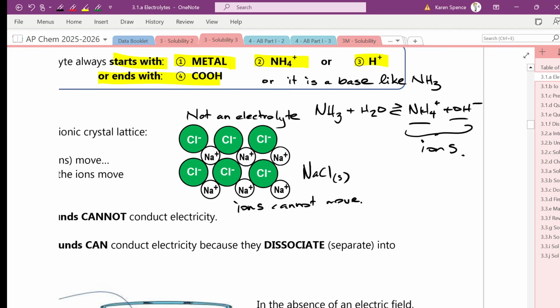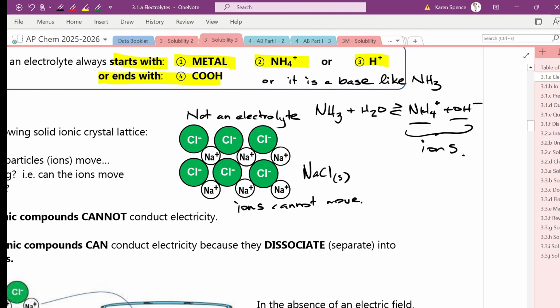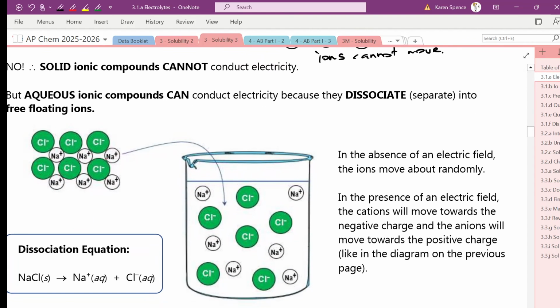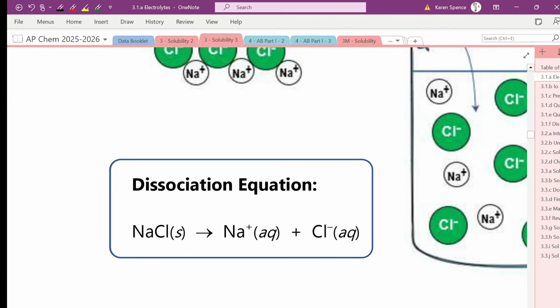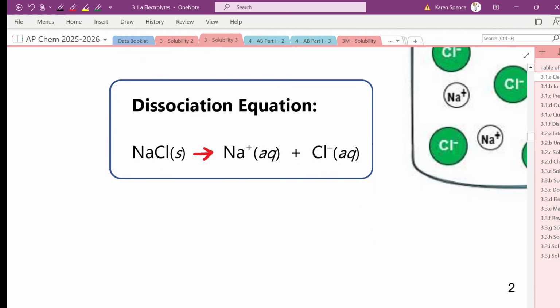Are you familiar with how to write a dissociation equation? Excellent, so we're not going to spend a lot of time on that. I did get a question this morning about whether there are instances where our dissociation equation, which we always see with a one-way arrow, has a two-way arrow. The answer is yes. The one-way arrow is for a soluble salt. But if we have a low solubility salt,